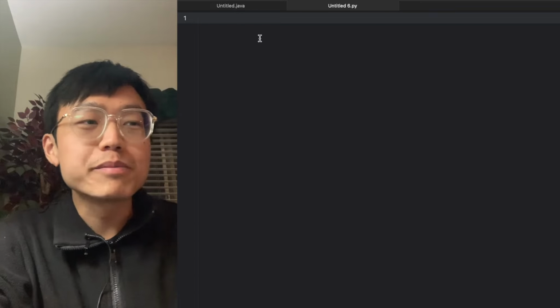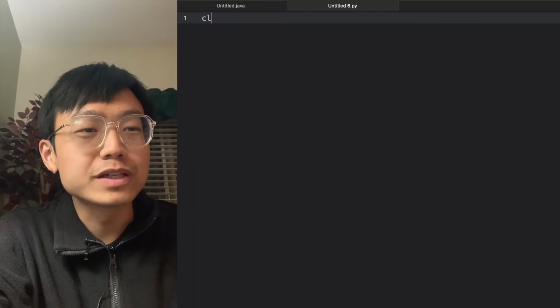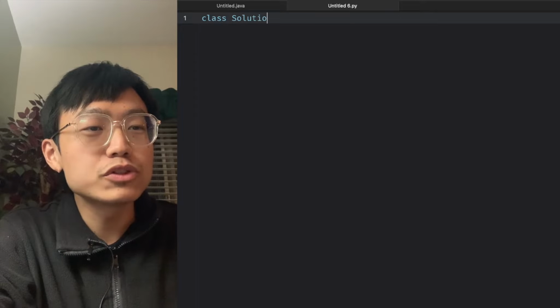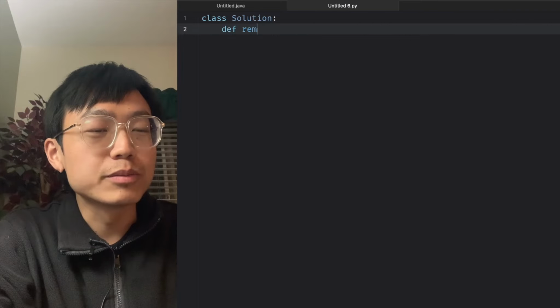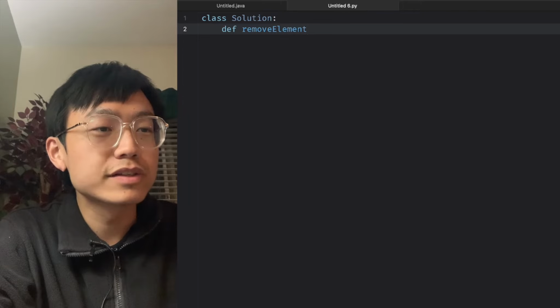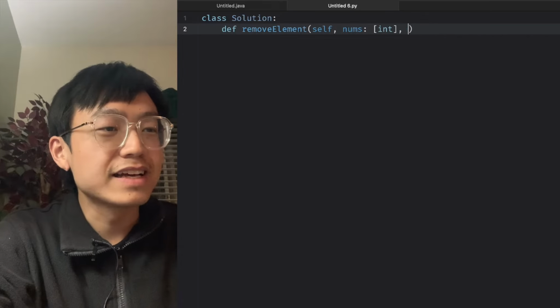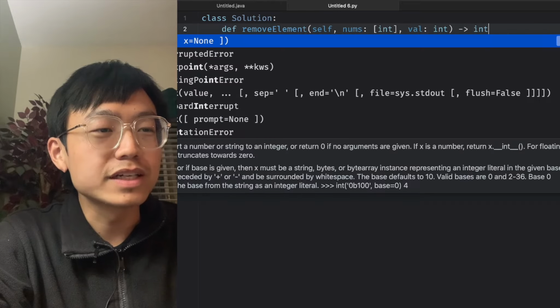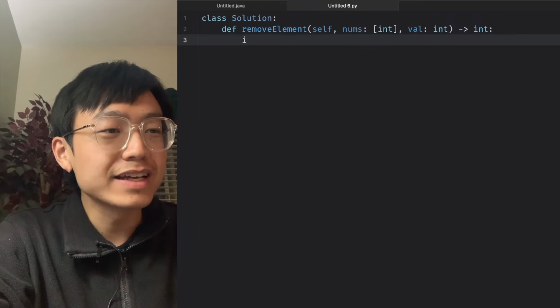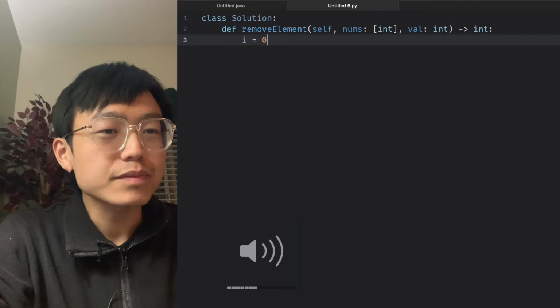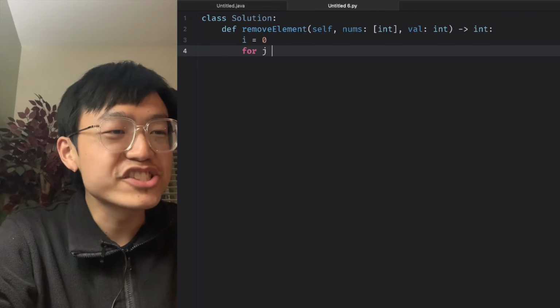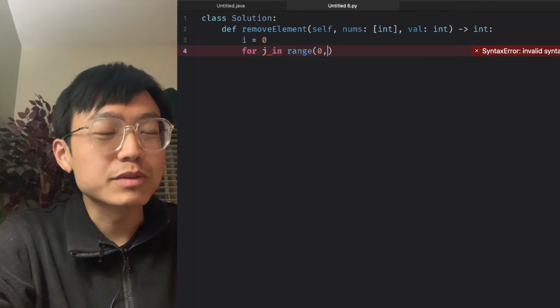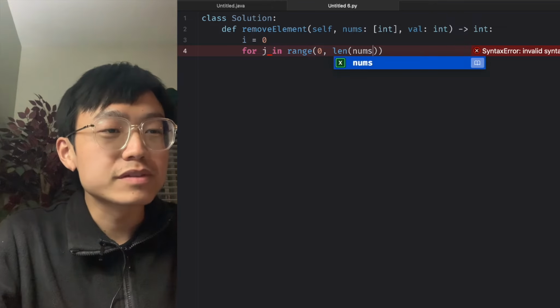Let's try to implement the algorithm in a Java class Solution and define a function removeElement. Self, nums is an integer list and val is an integer, and return an integer. i is initialized to 0, and for j as a pointer in the range from the first one to the last one of nums,